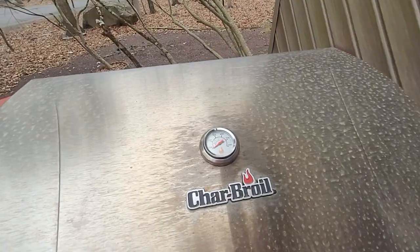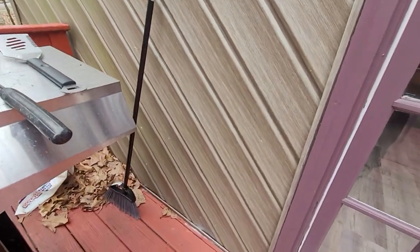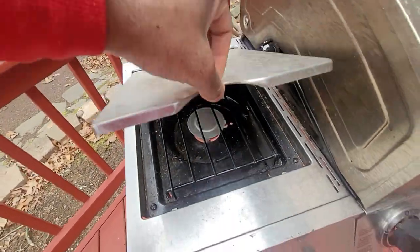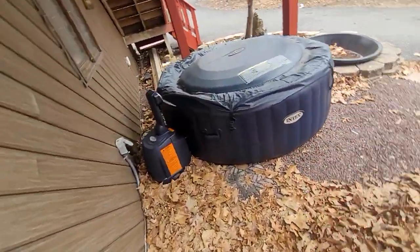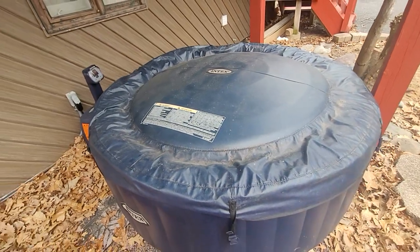It's a Charbroil grill. Open it up. They provide the tools for you. You have a broom over here in case you need to sweep up, and a burner over here. It's all functioning. These are all things that went without use. And over here is another big selling point,